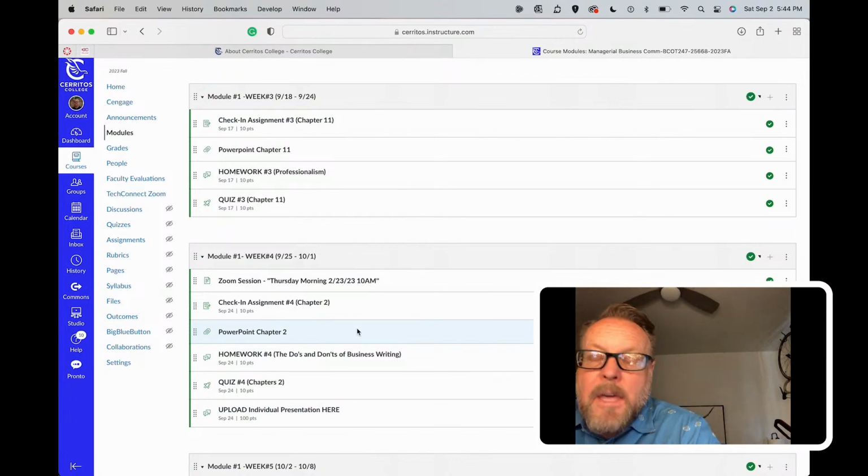There'll be a Zoom session on that as well. So just be watching your emails. Very, very important. I do everything through email. I communicate quite a bit, at least 2 emails a week to keep you on track. So make sure you check your emails regularly. If you don't, then you won't know what's going on in the class. So please make sure you do that.